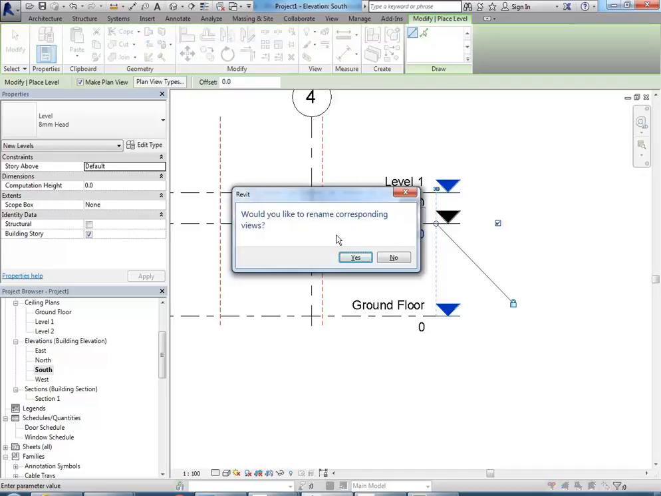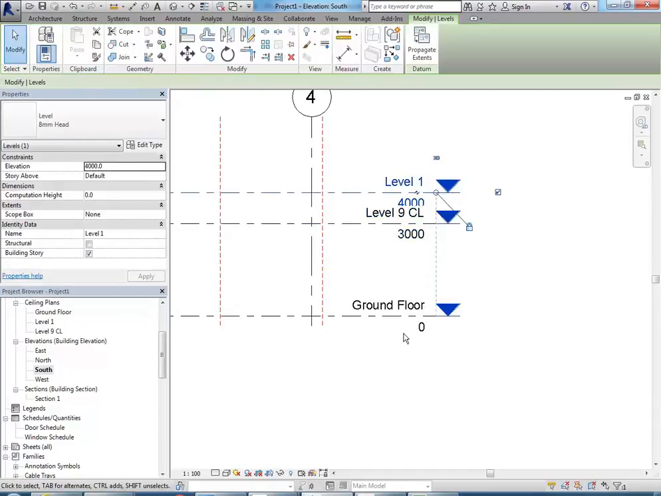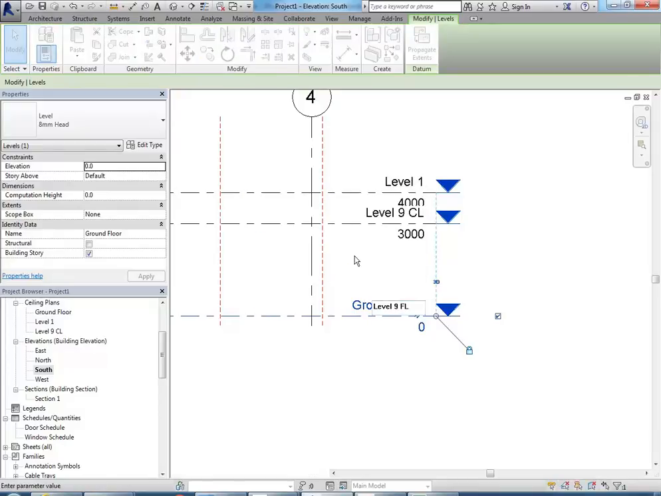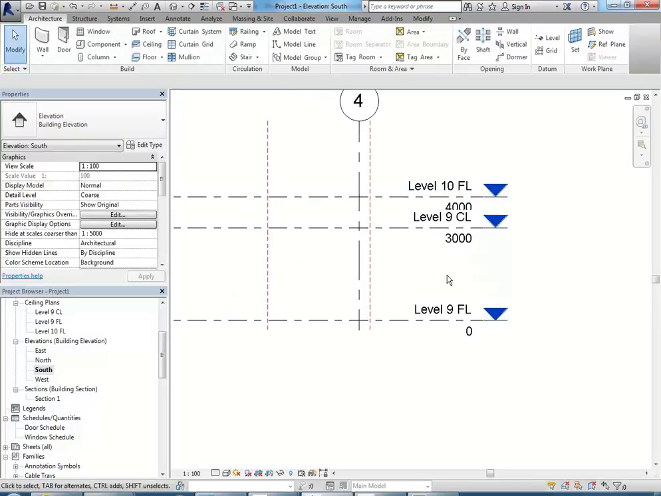When you see this question, just say yes every time. Escape twice, and I can select ground floor. So it's going to be level 9 FL. Yes to rename, and then the next one, level 10 FL, floor level. Okay, so